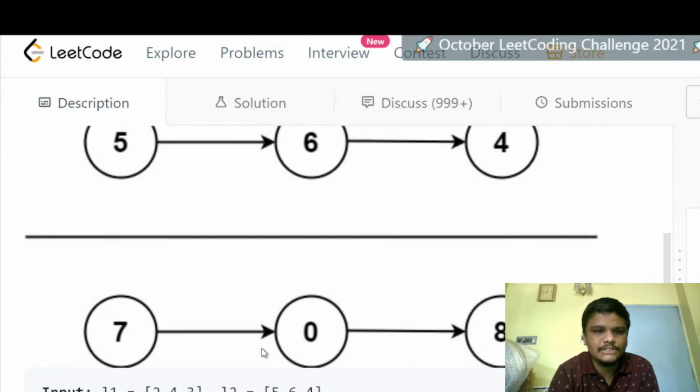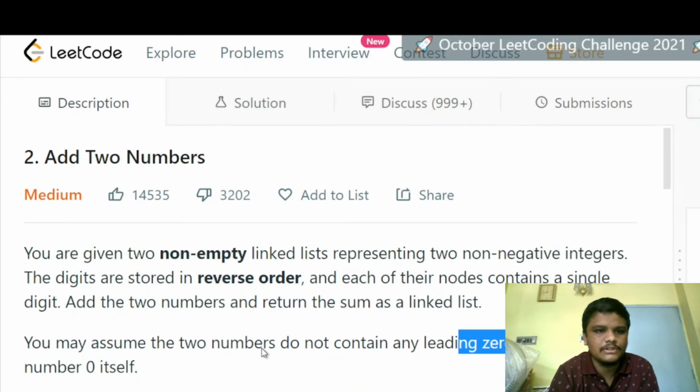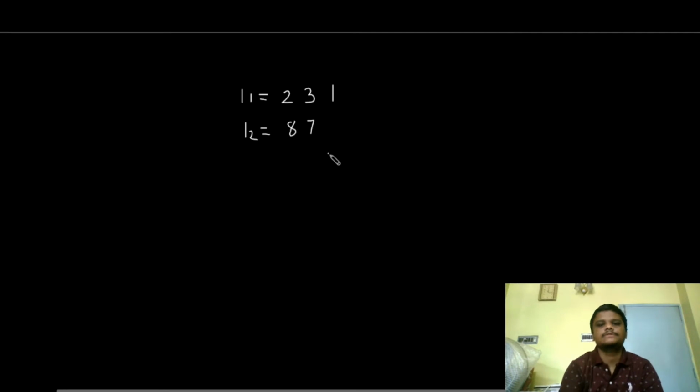So let's understand this question with an example. Let's say that we have a list L1 equal to 2, 3, 1, right, and there is another list L2 which has 8 and 7.